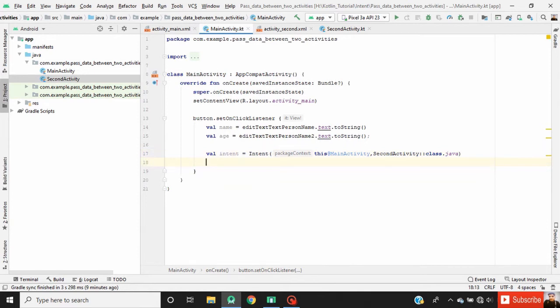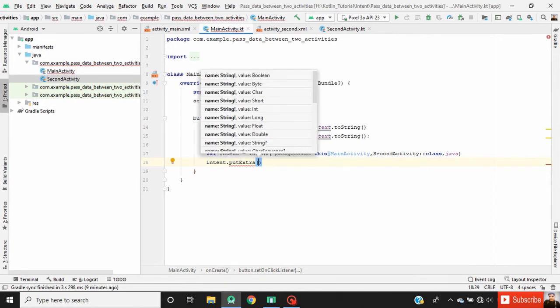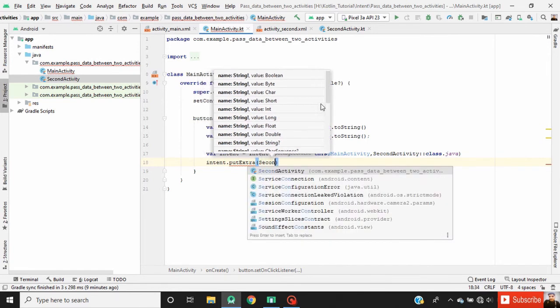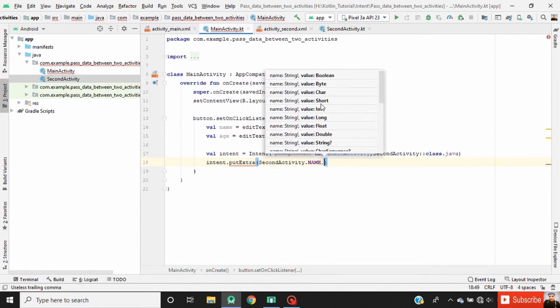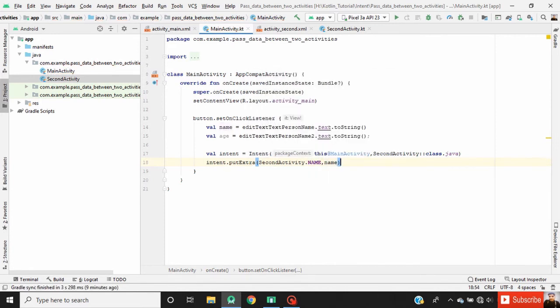Now add the data in the form of key value pair to the intent object by using putExtra function. Intent.putExtra. Here use the key defined in our second activity, dot name, and pass our name variable.